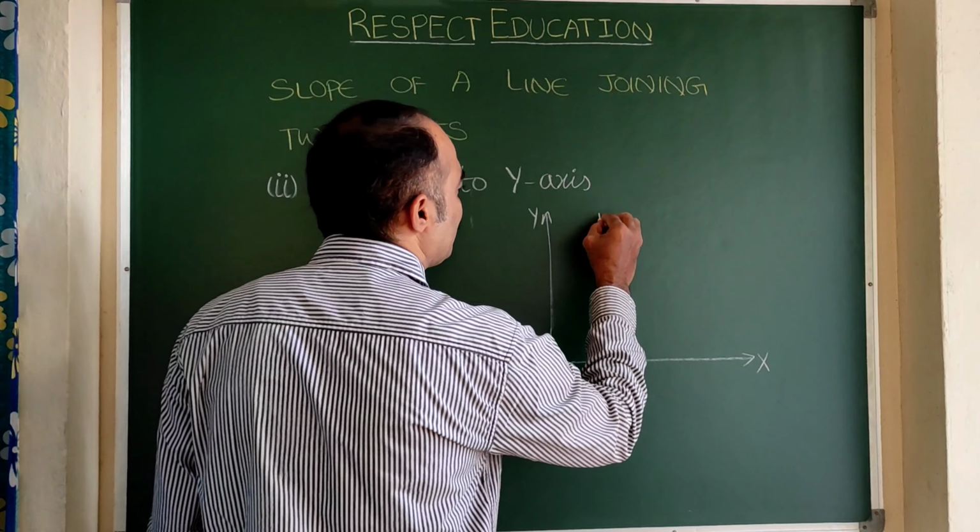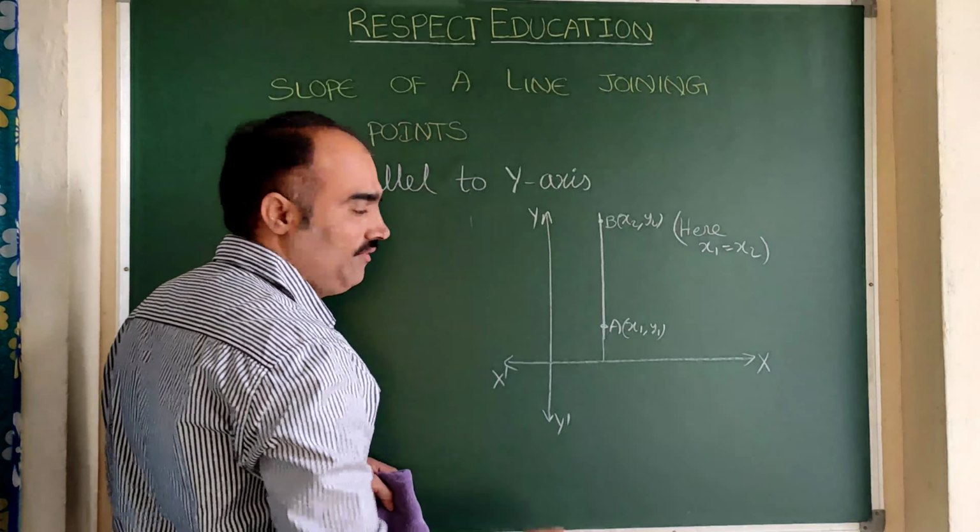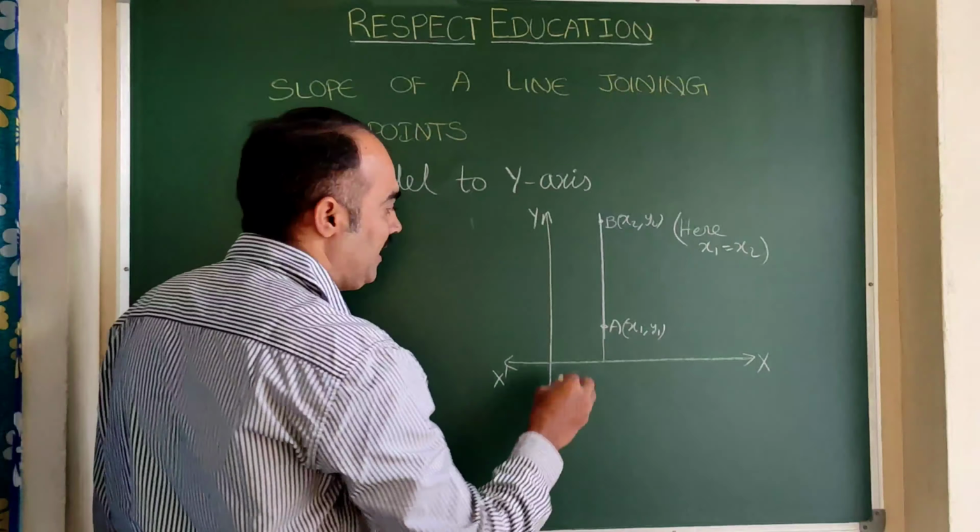In fact, let us see here, the x coordinate of A is x1, that is the same for B. So in this case, x1 and x2 both are equal, whereas this is the corresponding value of y1, this is the corresponding value of y2, both are different. y1 and y2 are different, whereas x1 and x2 both are the same. We can write either x1 or x2, both are the same. So here let us find its slope now.